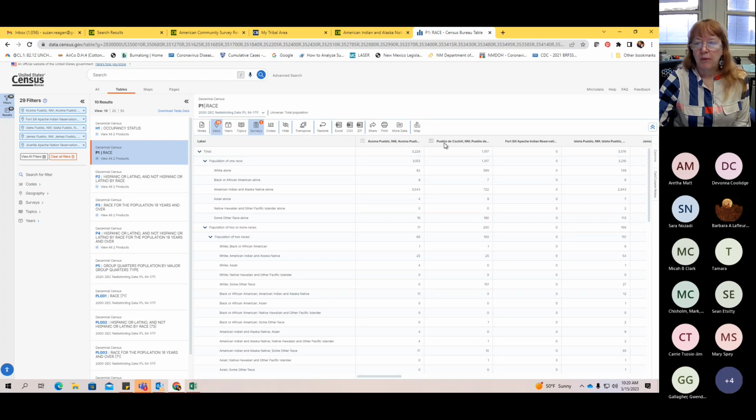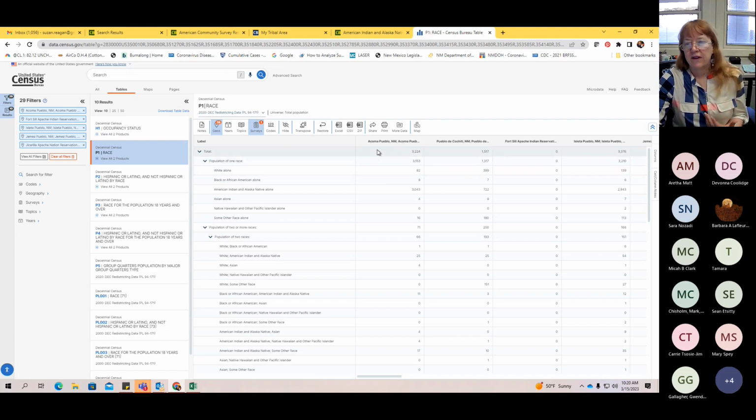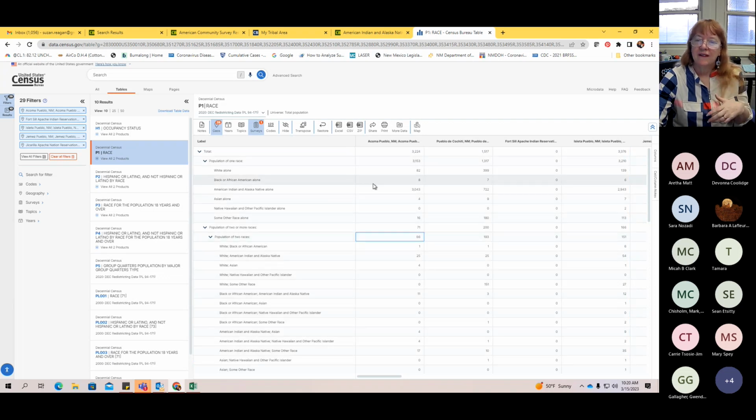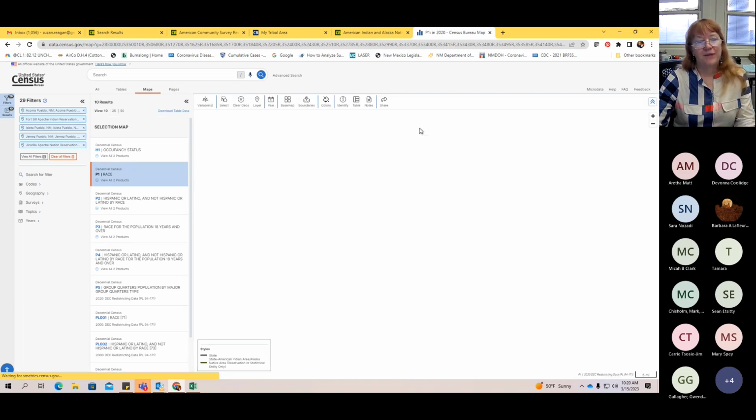And here's my data. The Pueblos run across the top. And because this is 100% count data, you'll notice that there are no margins of error. On this tool, this area acts like an Excel spreadsheet. So you can highlight what you want and copy it with headers, export it to an Excel or CSV. So once you get to this point, you can download your data very quickly, or you could use the toolbars here up at the top. But I kind of want to show this really cool thing. If you click the Map It tool,